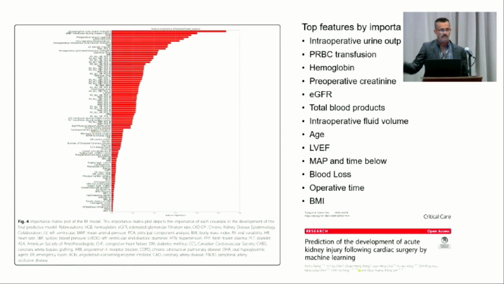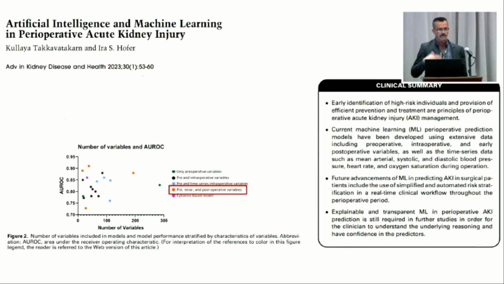The problem with this is it was really devoid of bypass characteristics, right? We also know that anything that includes pre-op, intraoperative, and post-operative results gives us the most accurate results in